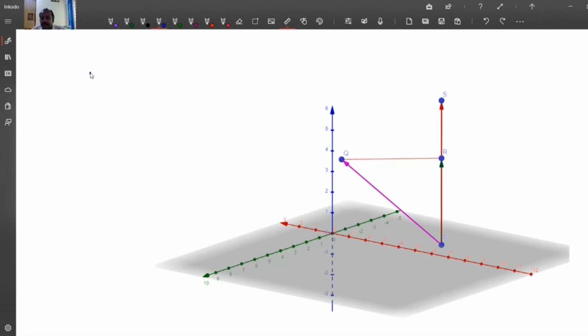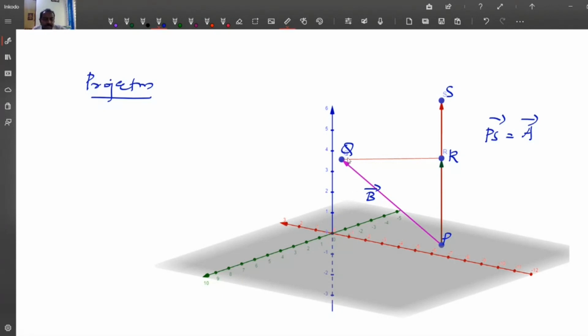So first we discuss what is projection, for which you consider the vector PQ, so that this is the point P and this is the point Q, and you have R here and you have S here, and suppose we want to project the vector PQ, let it be the vector B, and suppose that the vector PS is equal to A. Suppose we want to project vector B on vector PS, that is on A.